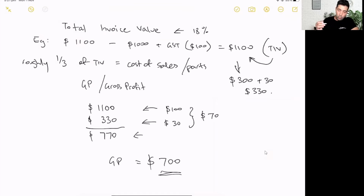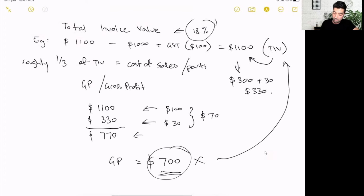Now, what we're going to do from here is start to apply this 18%, so we can really show you guys how this affects your bottom line. You might be thinking, okay, well, I made $700 on the job. Well, it's not entirely true, because you've got to take your commission of 18% away. Now, what we need to understand is they're not taking the 18% on your GP. What they're actually taking is the 18% on your TIV, or total invoice value. So if your invoice is $1,100 and they're taking 18%,